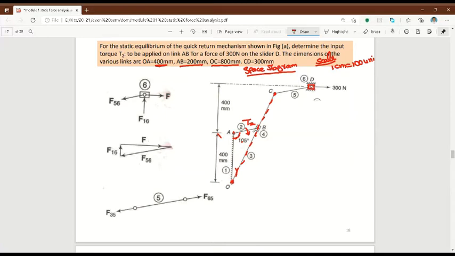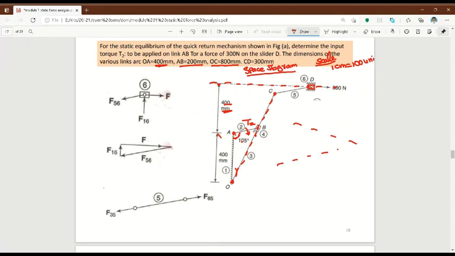After that we have to draw CD, that is 300 mm. But before that, above A, you have to take 400 mm. So above A, you mark 4 centimeters vertical height, and draw a horizontal reference line like this. It should be perfectly horizontal. Don't draw an inclined line. It should be perfectly horizontal to your sheet. Then only the diagram will be correct.